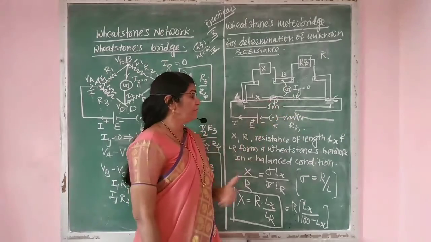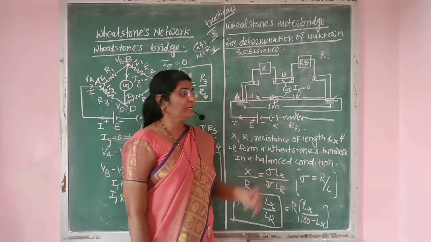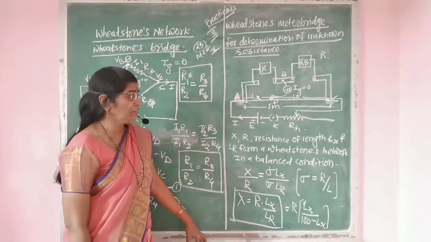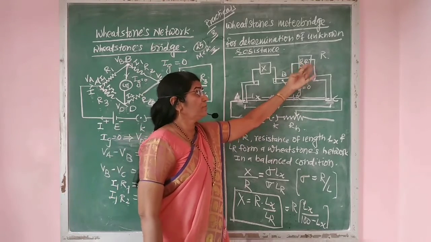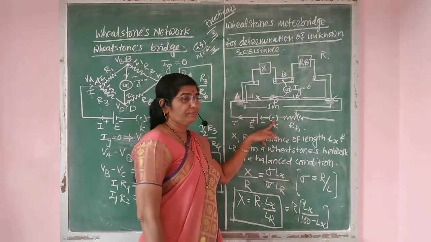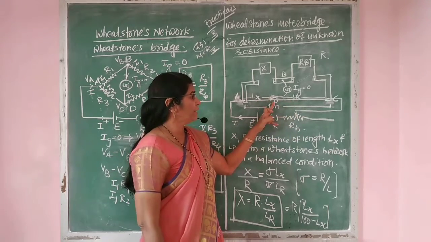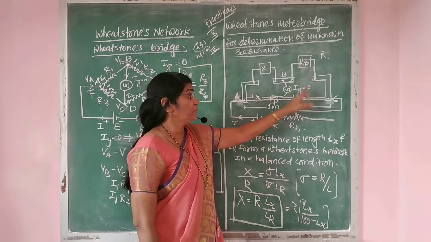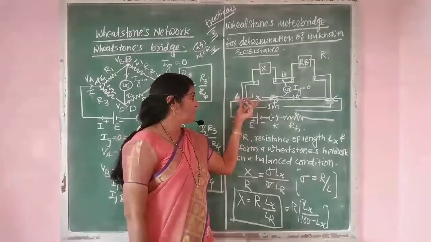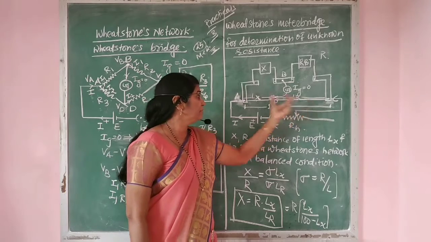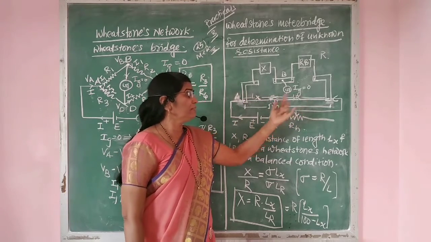Across the wire AC, a cell of EMF E, key K, and rheostat RH are connected in series as shown in the figure. Now take some suitable resistance from the resistance box, close the key, and tap the jockey on different points of the wire. For point contact P, the galvanometer shows a null deflection, that is 0. Measure the lengths between A and P and between P and C. The length AP is Lx and the length PC is LR.